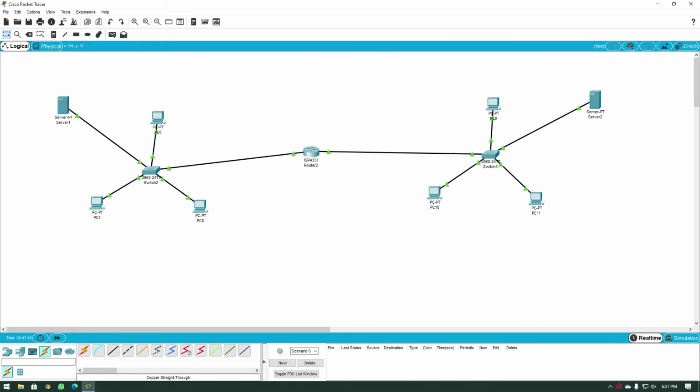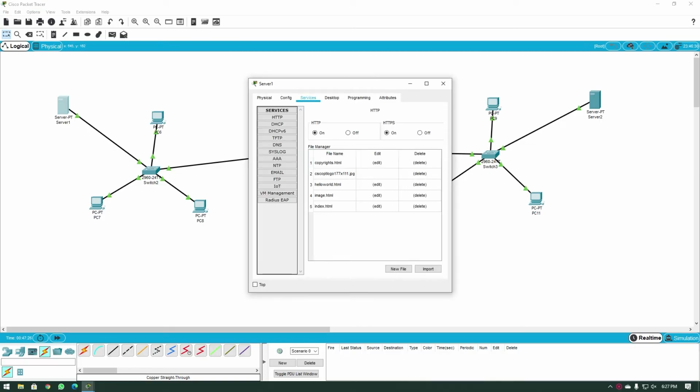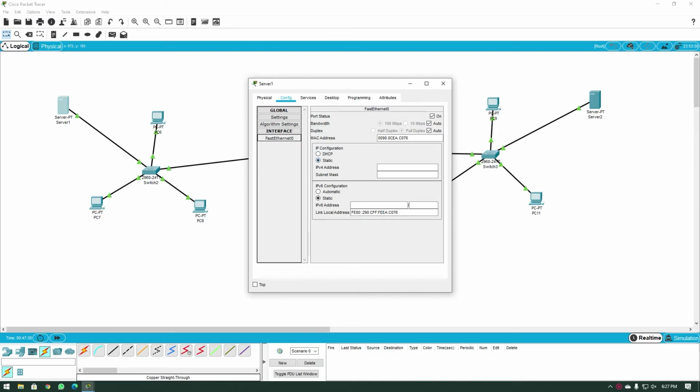Now let's try to configure the DHCP server over here so that it can start handing out IP addresses to these computers. To do that, I will click on the server over here and first give itself an IP address, because DHCP servers usually don't give themselves IP addresses. It is good to configure a static IP for those servers. So I go to config, I go to fast Ethernet 0, then I say 192.168.1.100, and 255.255.255.0 is the subnet mask that it gets.